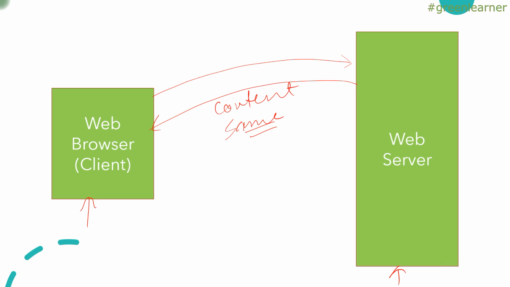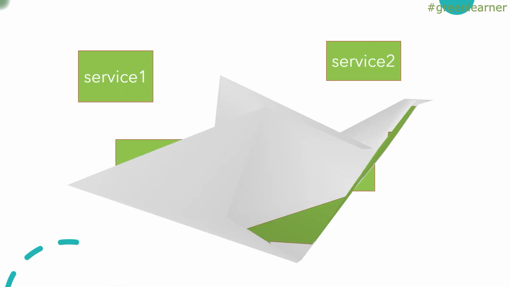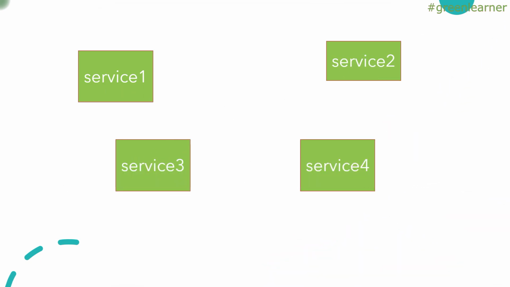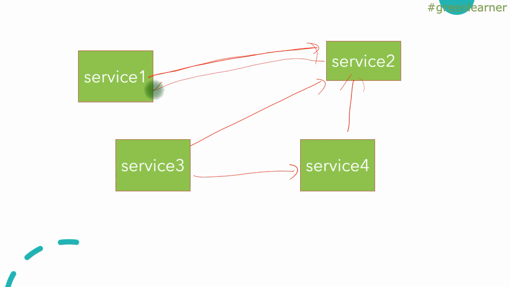Let's understand the same problem with the microservice architecture, right? So these are the microservices that I have put in boxes. These services are communicating with each other, right? So this is communicating with this one, this is communicating with this one. I am going to consider this one only. Service 1 is requesting service 2 for some content. For example, it is a GET request and it is responding with the content, and the content that is responding is very complex in nature, and the client, that is this service here, has to process that complex content to get the result out of that and send it further to other services, right?